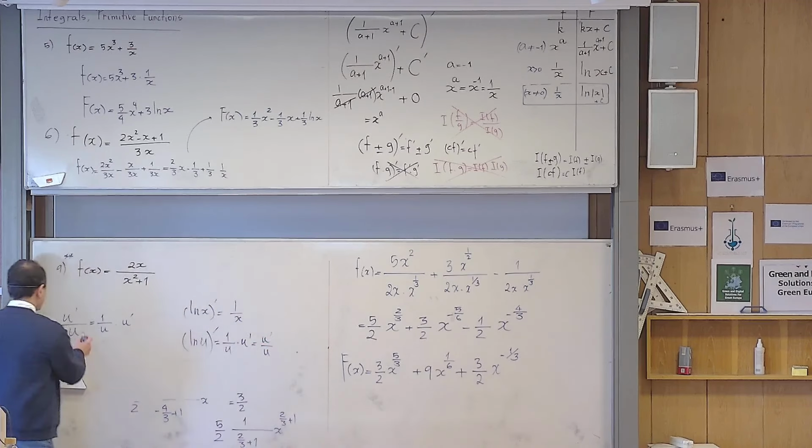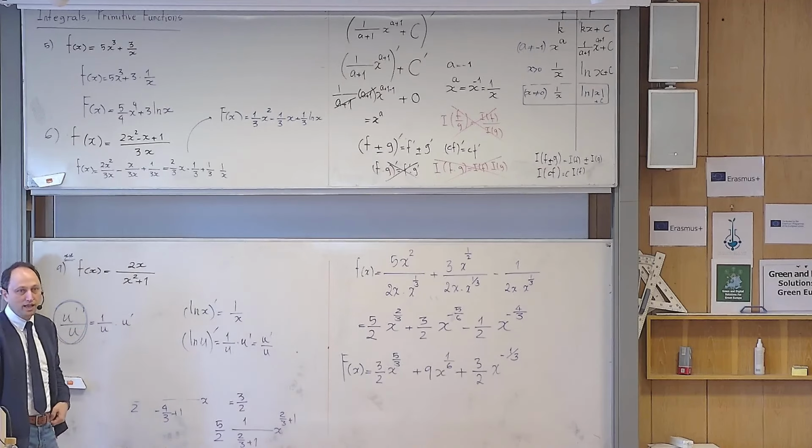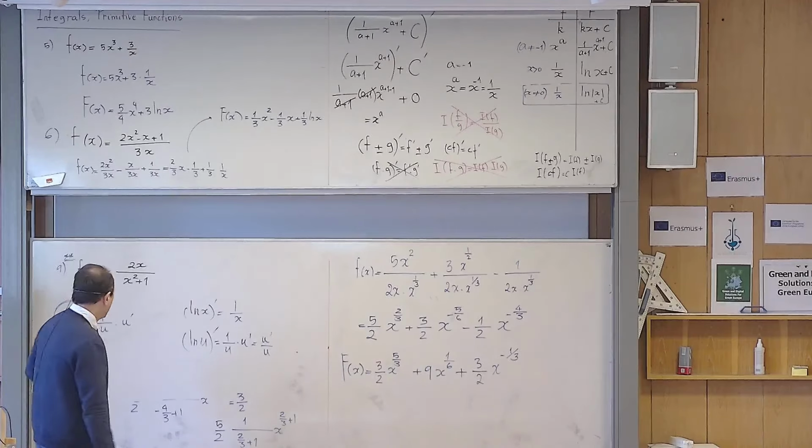So I want you to remember this when you are reviewing for the exam. Remember this combination as well. If you have a fraction whose denominator can be anything, but its numerator is the derivative of the denominator, this already indicates that a primitive function is a ln function. Okay? So here,